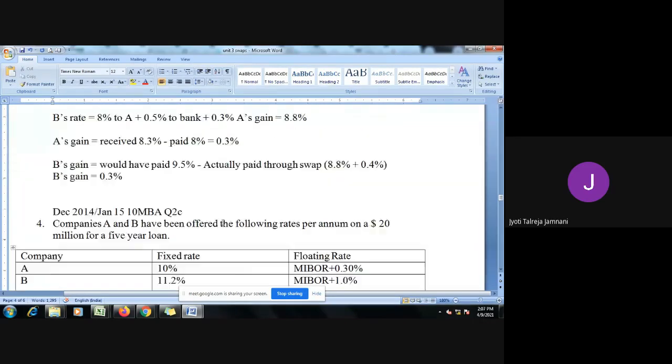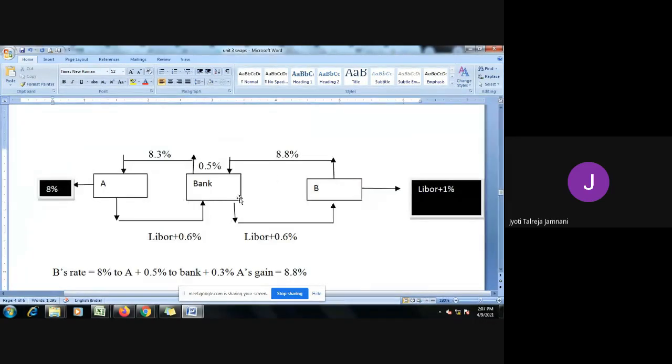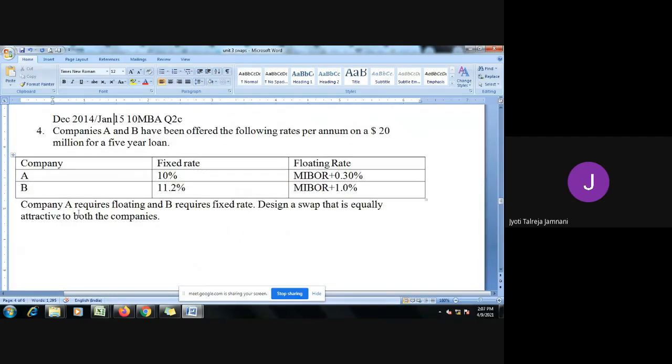So now in the diagram, we had the bank in between. In the new diagram that I'll show now, we'll remove the bank. There will be only A and B, and they will directly transfer to each other. So there is no banker. Don't assume or add it. If the contract is over the counter, then there will be no intermediary, no exchange, no bank to help you. You'll do it one on one. So the method is similar, everything is the same, only that one bank I have to remove. Okay. So the first step is to find what they require and what we will give them in actual.